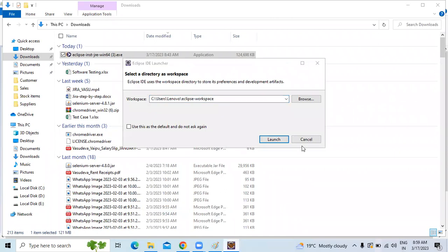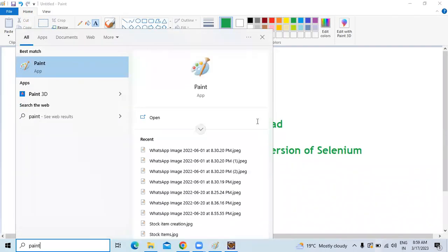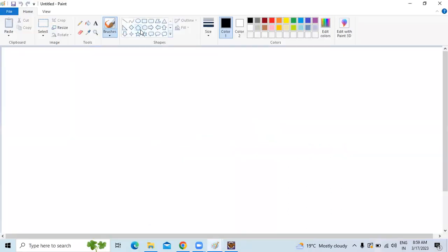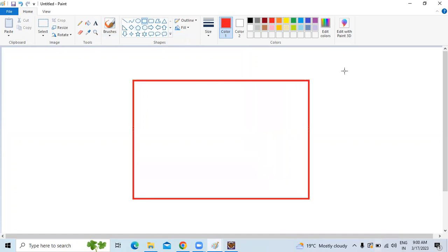So see here, the first thing is we have to focus on the workspace. Select a directory as a workspace. So once we have downloaded or installed this, from here onwards, you have to carefully perform it. So what we need to do is provide